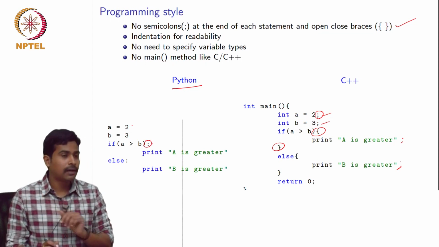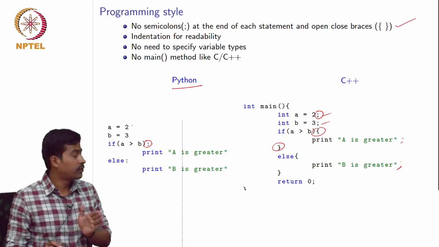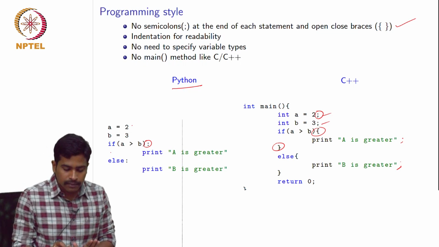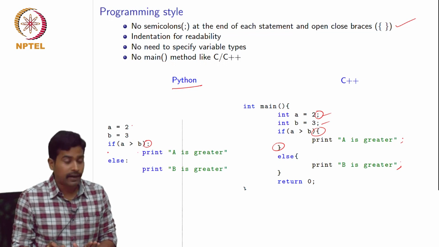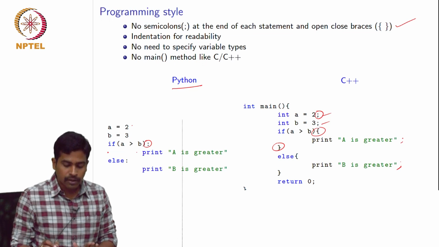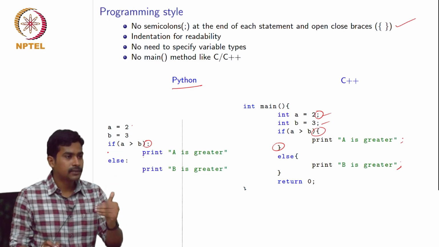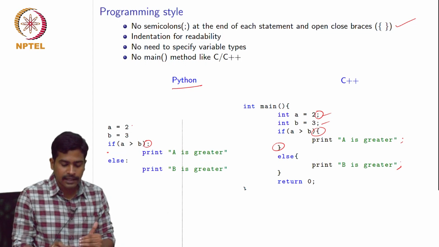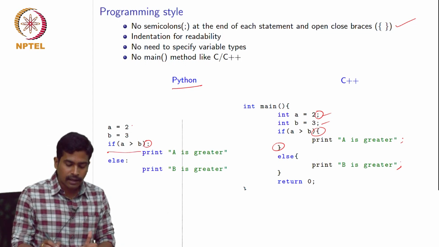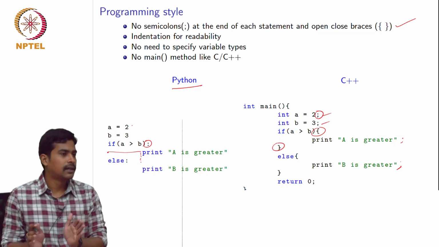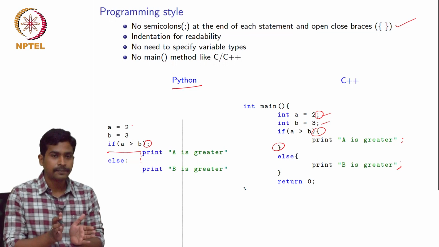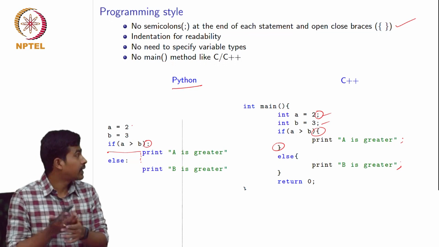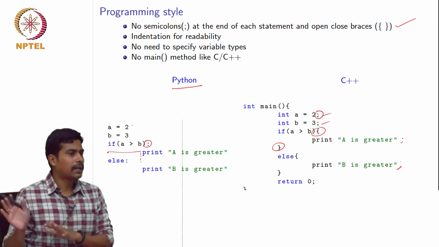After the colon symbol, if you press the enter button, the program doesn't start from this point, it shifts about 5 spaces to this location. So the Python interpreter will know which part is included in this if statement by looking at this extra space. Whatever lines you write after if with this amount of spacing will all be considered part of the if statement. That is another significant difference between other programming languages and Python.